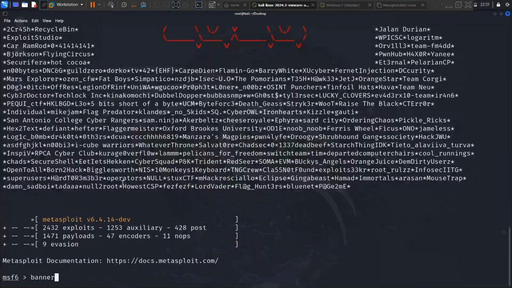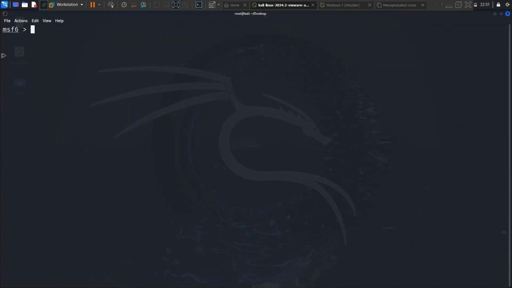So now once you're within the Metasploit framework here, you have to search for an exploit. So you run the command search and you give the keyword here, just like how we did with searchsploit. I'm going to give the keyword MS17-010, the keyword for our exploit. And now when I hit enter,